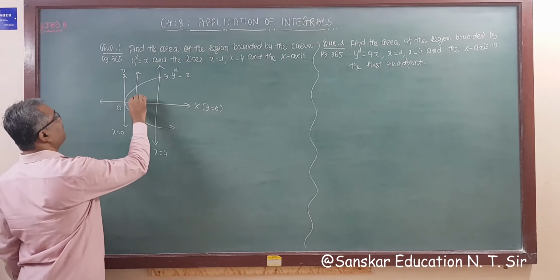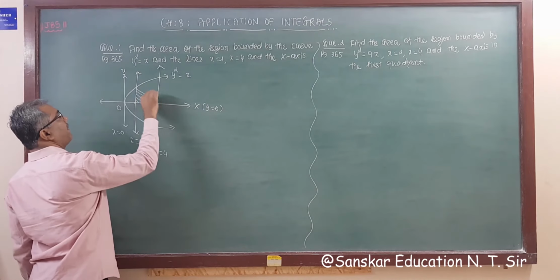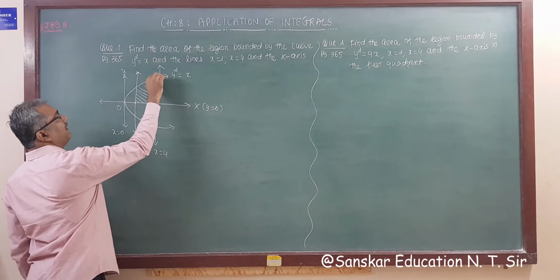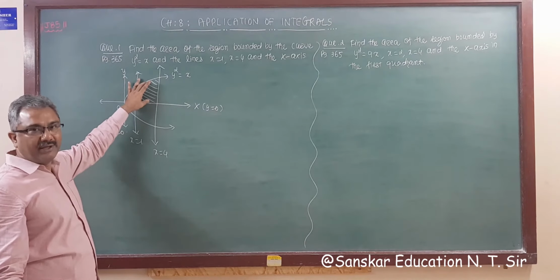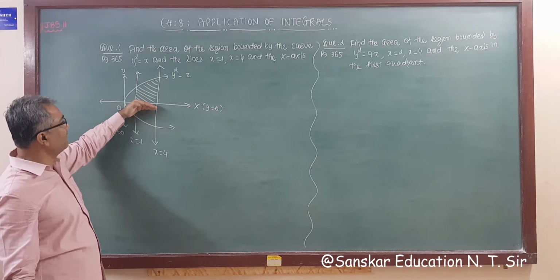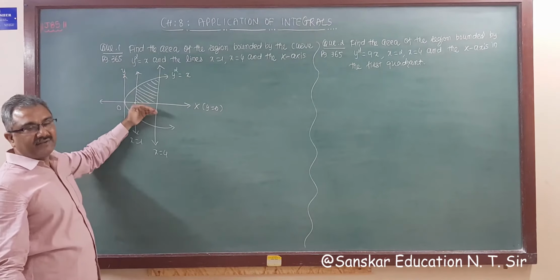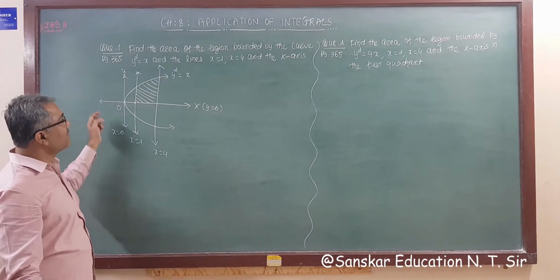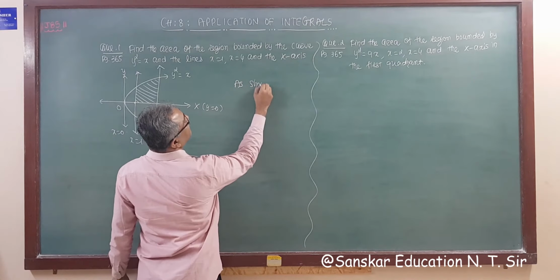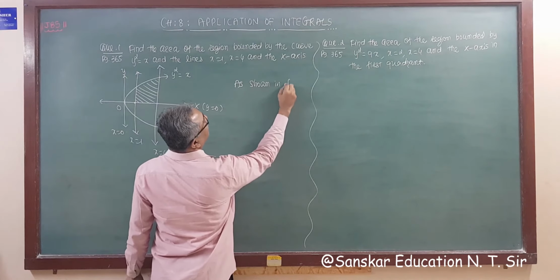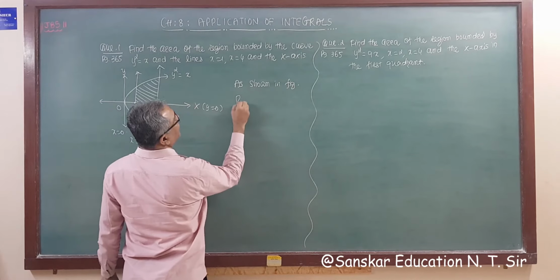So we have to find out this area. You can find out either this area, both are same. So we are going to find out this area only because the x axis is given. So with the x axis this is the area. Okay, so as shown in the figure, the required area